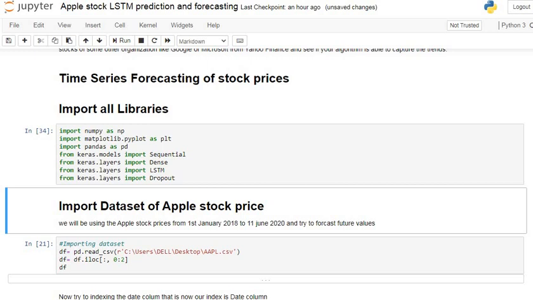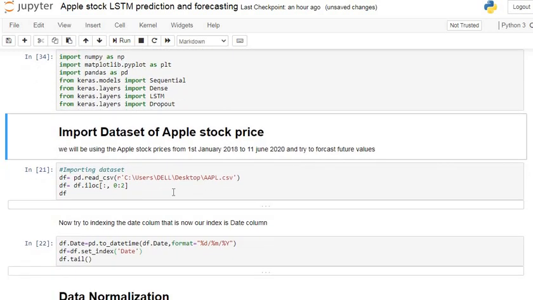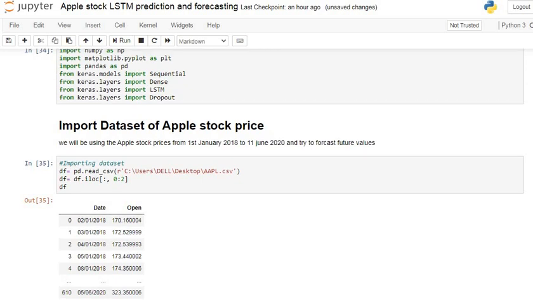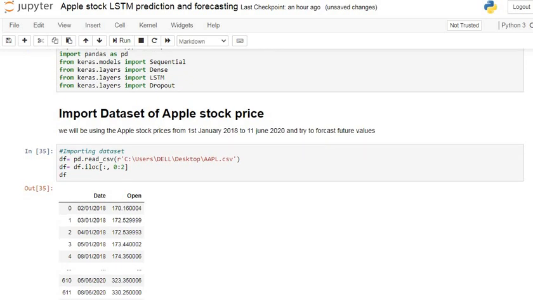Now we are going to import our data set. Our data set consists of only two columns, that is the date and the open stock price, and the other columns are already removed. You can see here I already gave the iloc command to remove these columns, and I only stored the date and open columns.